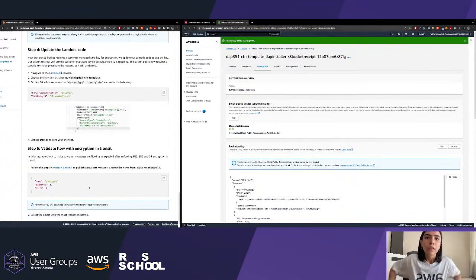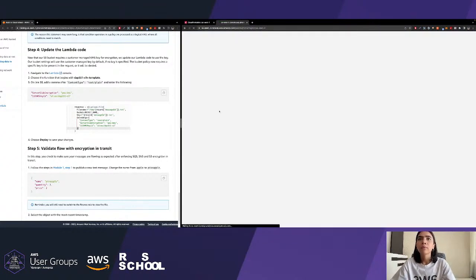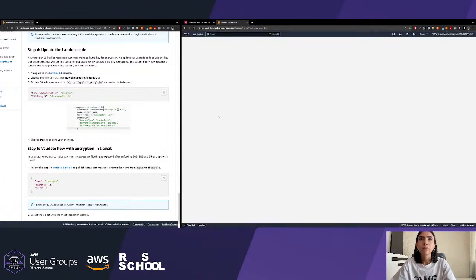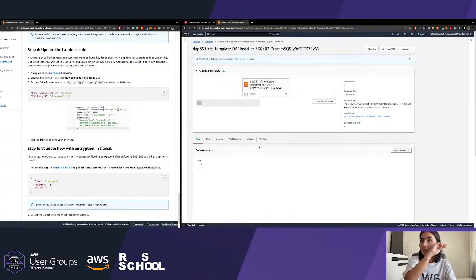Okay, now as you can imagine, our S3 bucket is anticipating a header and a key in the messages that it receives in the files. So it obviously leads to some changes in our Lambda function. Just go ahead to our lovely Lambda function. Go to the function itself. We are going to make some changes in the code.